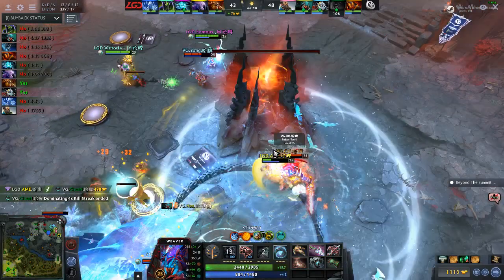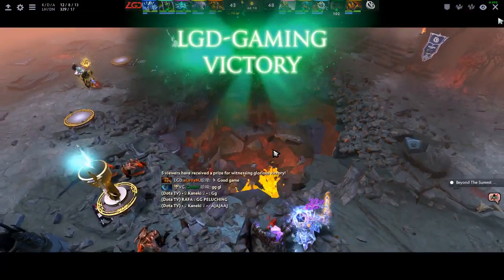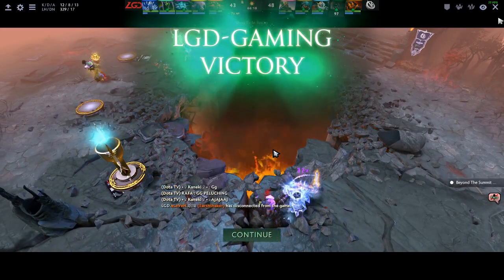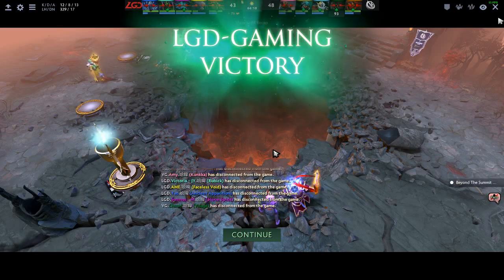LGD wants this game over. They don't care about anything else. They want the GG. And okay, LGD's going to the next round of the Face Home Keen with a spot at TI-7 on the line. VG is out of it. With a game like that, I'm just gonna